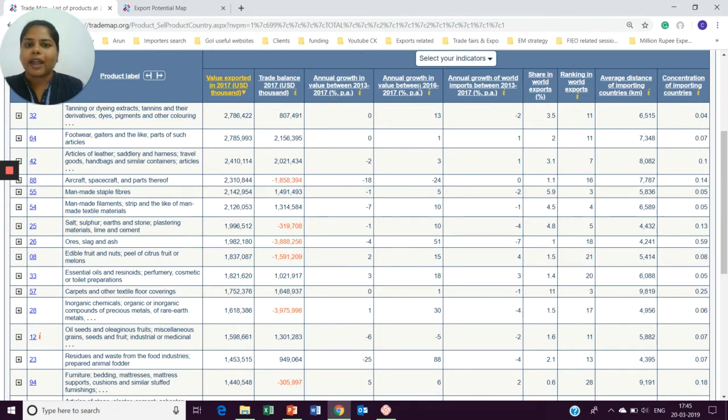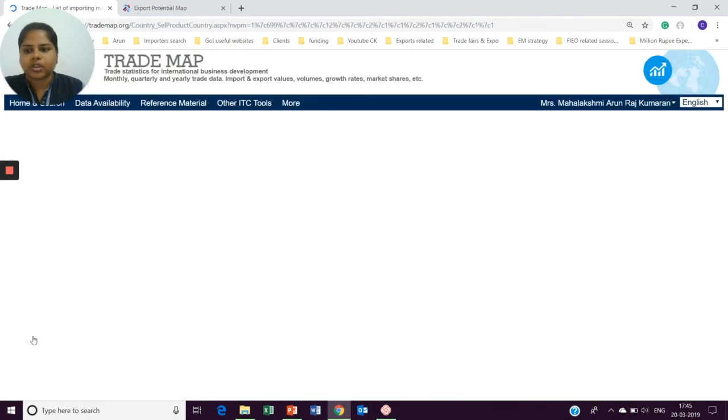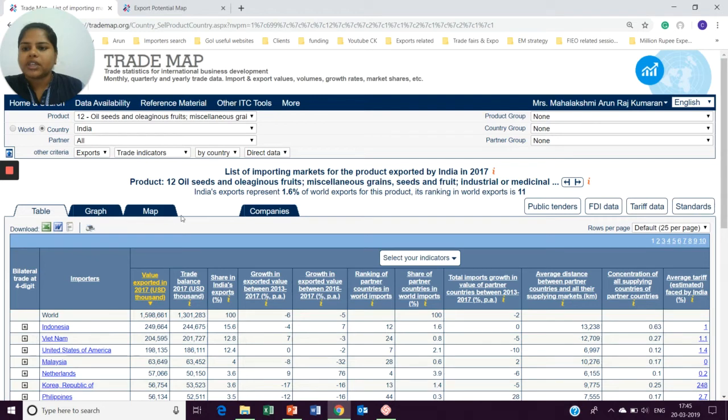If it is value and quantity, where we go for the 6 digit, that time we should be careful that the first column, first value should be positive. So here I'll go for oil seeds. It's both negative, but certain oil seeds, say peanuts, have a very good opportunity from India to be exported. So here we can see India exports to different countries. I'll click on products.